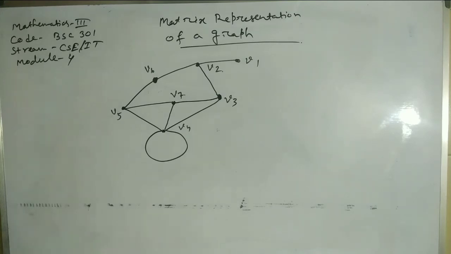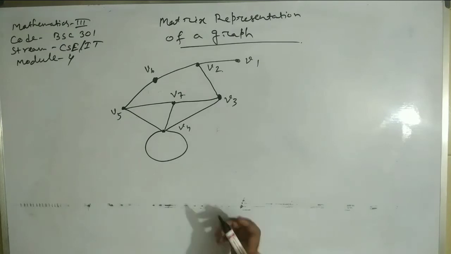Now, if we consider this graph, we have to write the adjacency matrix corresponding to this graph. Now, what is an adjacency matrix and how is it written? In the incidence matrix, I remind you, the number of rows was equal to the number of vertices, and the number of columns was equal to the number of edges of the graph. But here in the adjacency matrix there is a little difference from the incidence matrix.